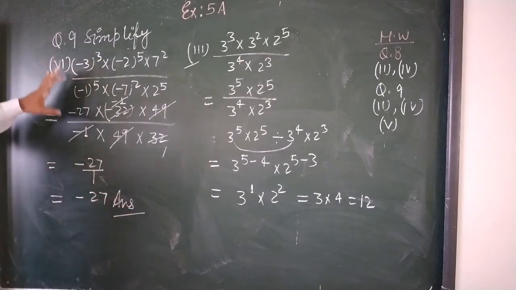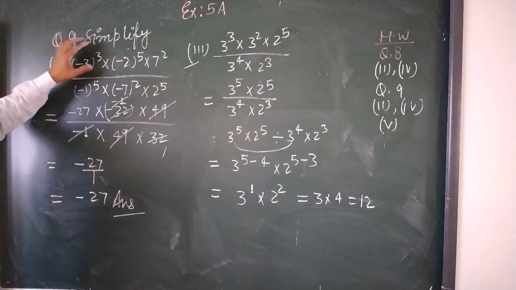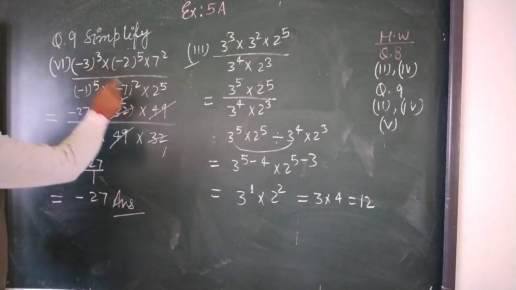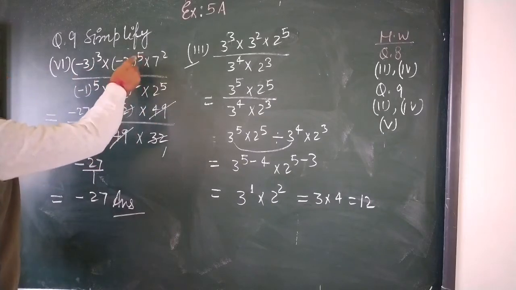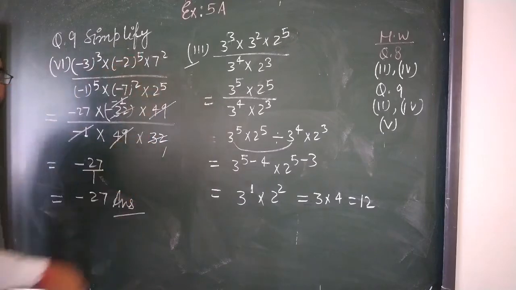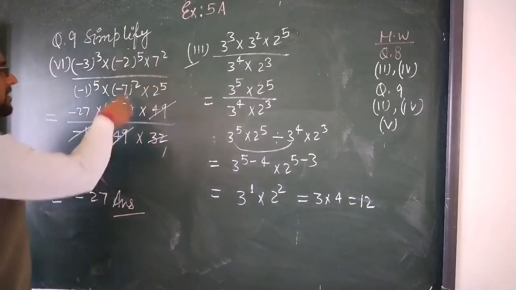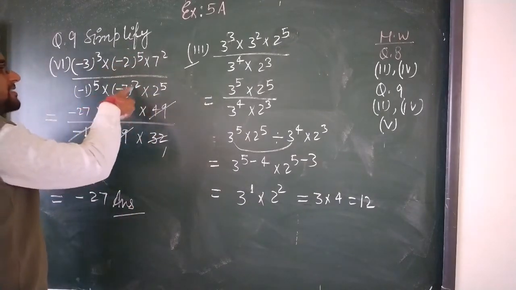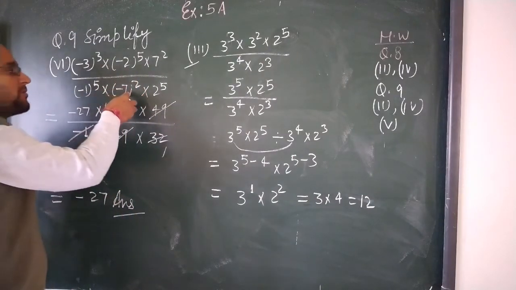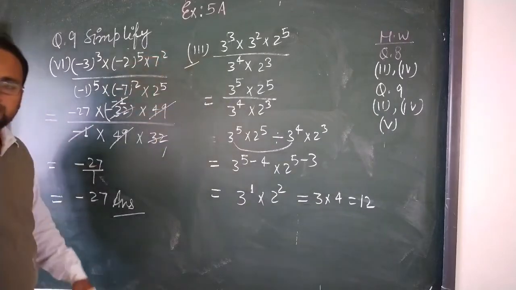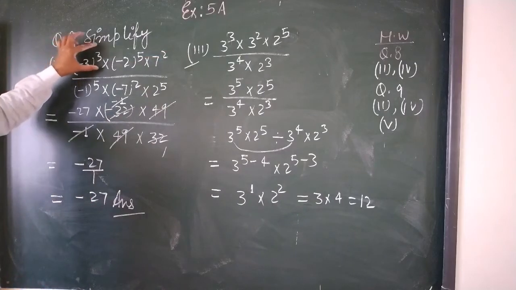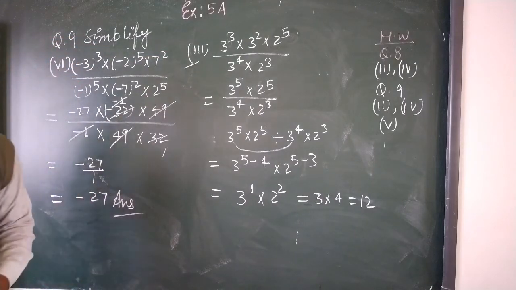If you want, you can do it with the index method also, meaning subtracting the powers. Here you see this one, leave this one, here is 2 to the power 5, here is minus 2 to the power 5. So in this case you will get minus, but 2 to the power 5 and 2 to the power 5 are going to be cancelled out. Here it is the same as this, you will get minus and 7, because the power is even, so you will get the positive number. 7 to the power 2 is cancelled out by this 7 to the power 2. So simply in this case you will get minus 3 to the power 3. Your answer is minus 27.